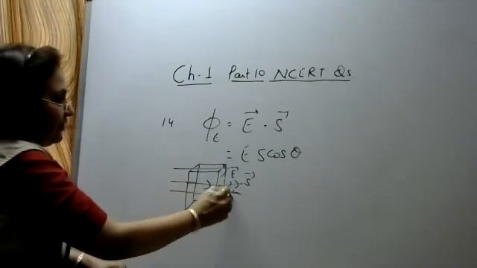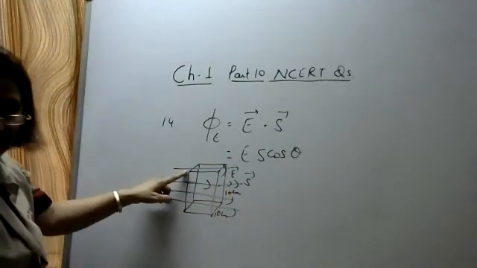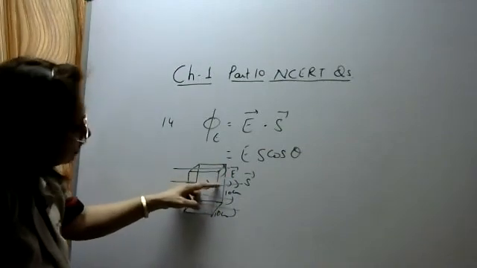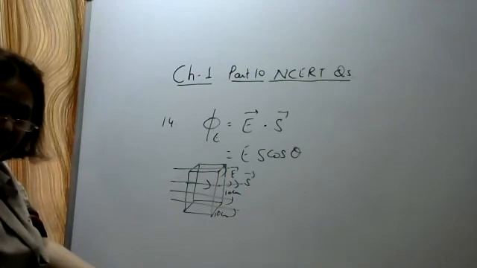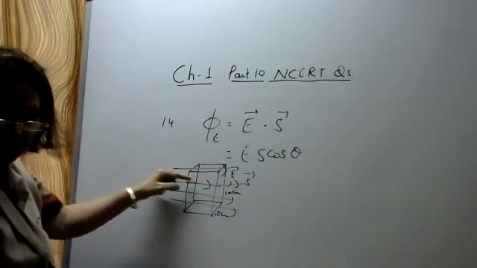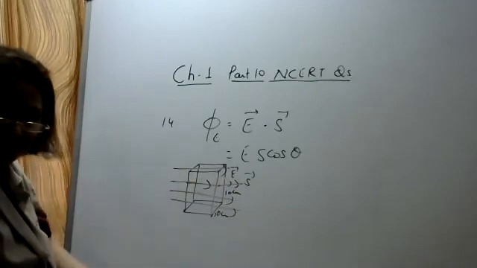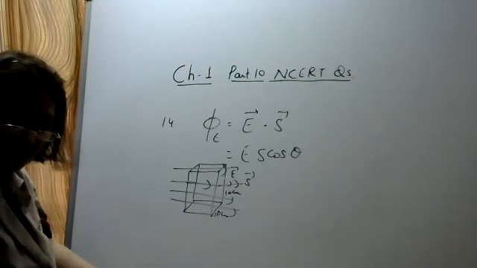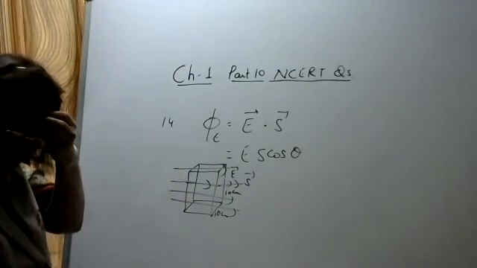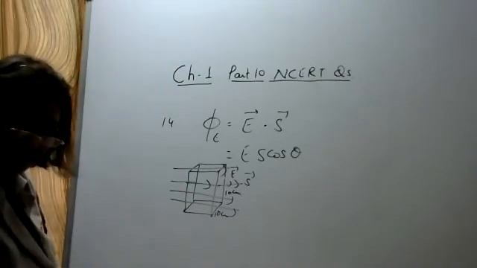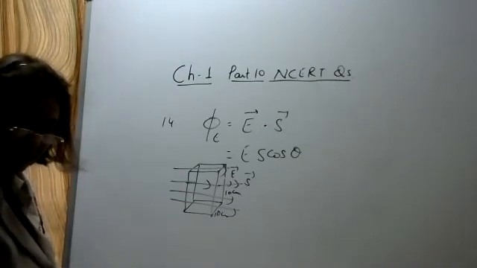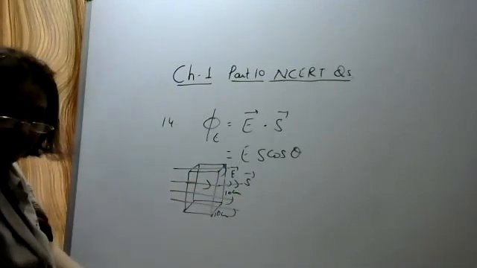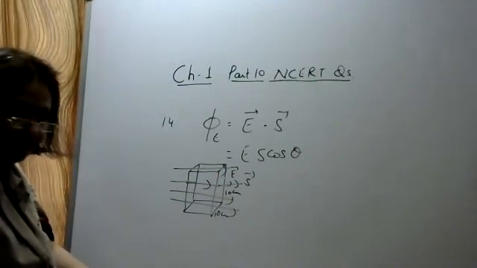Okay, these are the electric field lines. Here you can see that the number of electric field lines entering this cube is equal to the number of electric field lines leaving this cube. So the entering flux is negative and the leaving one is positive. So what is the net electric flux? The net electric flux will be equal to 0. How do we define electric flux? It is the number of electric field lines entering or crossing any given area. Here the number of electric field lines entering is equal to the number leaving, so the net flux is equal to 0.